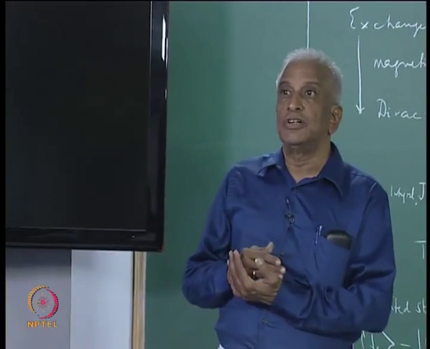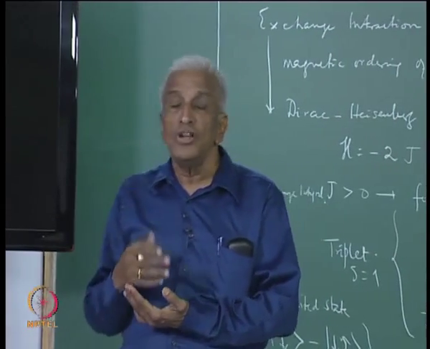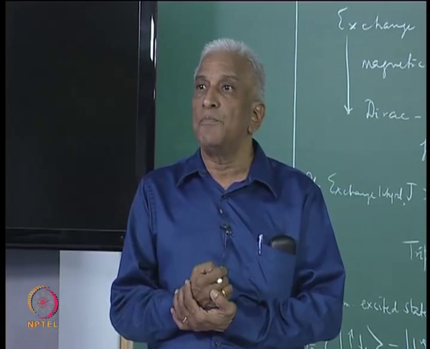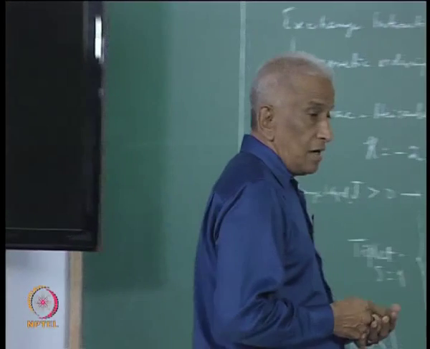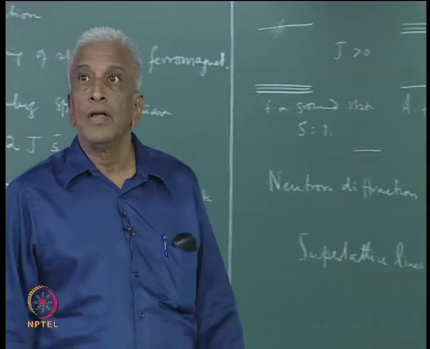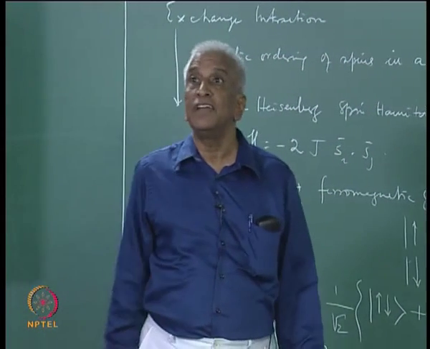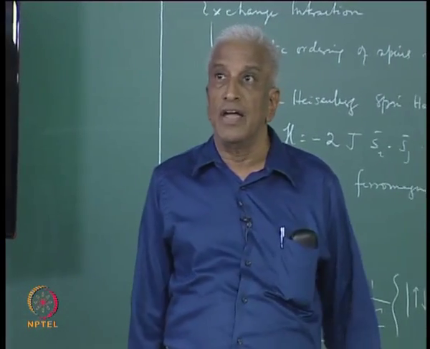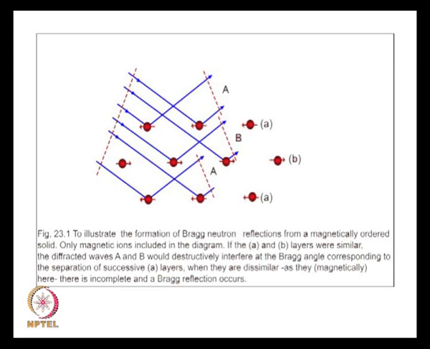Examples of such materials abound in nature, but a simple example is a crystal shown in the next figure. Here you have the Bragg diffraction from a magnetically ordered solid. This lattice is a body centered lattice, and if there are no magnetic moments on the ions, there are two